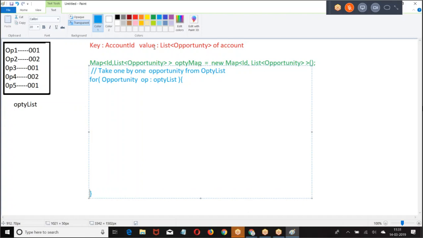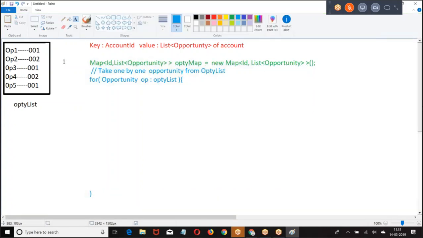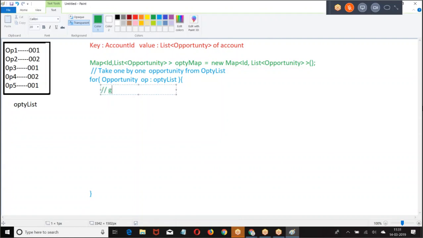When you take one by one opportunity, what is the account ID of this opportunity? Get the account ID of the opportunity. Now do you get it? ID, ACC ID equal to OP dot account ID.